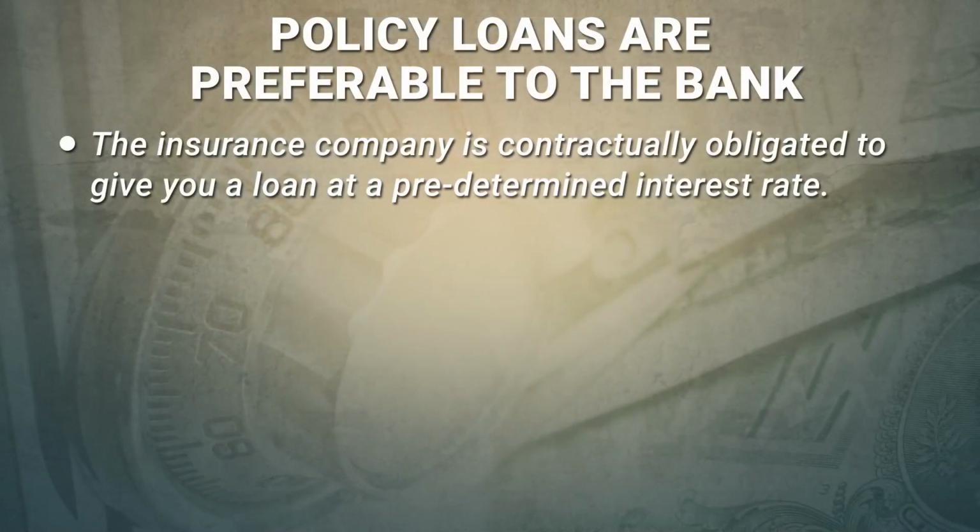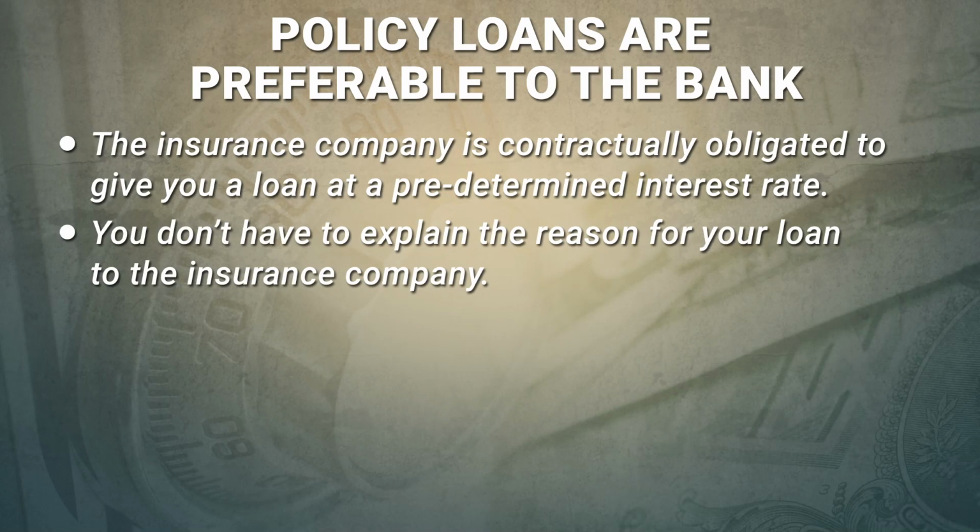Beyond that, though, when you call up the life insurance company and say, hey, I need $30,000 for a wedding I got to finance, you don't need to tell them what it's for. I'm just doing that for the story. But you just call them up and say, I need $30,000. I want to make a policy loan. Go ahead and deposit it in my account or mail me the check or however they're going to give it to you. Maybe they're going to ask you some security questions, because that's a lot of money, to make sure you are who you say you are. But once they know you are who you say you are, they're going to go ahead and give you that money right away. They're not going to ask you what it's for.